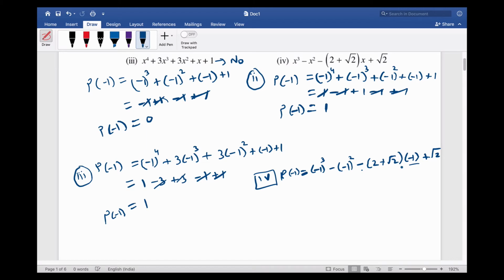So again I will be left with the same thing, 2 plus root 2. So not to worry about it. This will become minus 1. This will become plus 1 and into minus will again give me minus. This whole thing will remain the same because this minus and this minus will become positive. So I will be left with plus 2 plus root 2 plus root 2 again. So this will give me minus 2